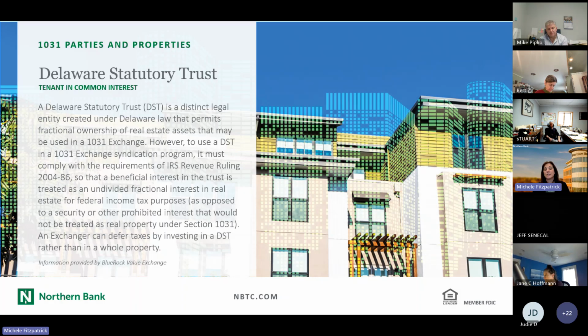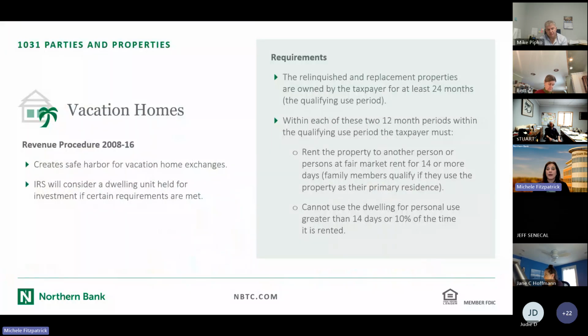Matt, to answer your question, is there a minimum hold period, or is the intent that matters? When it comes to the vacation rental, the safe harbor does state those minimum hold periods. So yes, 24 months is the hold period to qualify for the safe harbor. However, that does not, the intention,